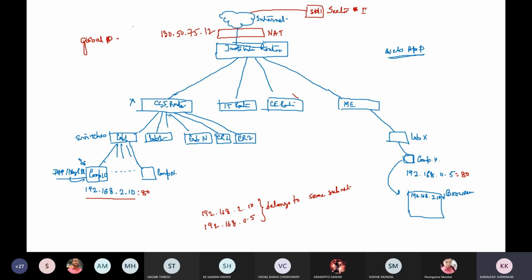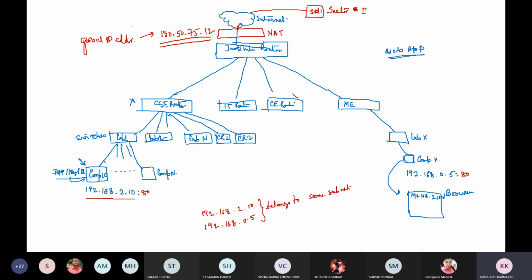This is the global IP address of this institute. So if this is the global IP address, we have to configure it at our front end. In whichever device this connection's port is connected, on that device we have to set this global IP address, which is purchased by our institute.